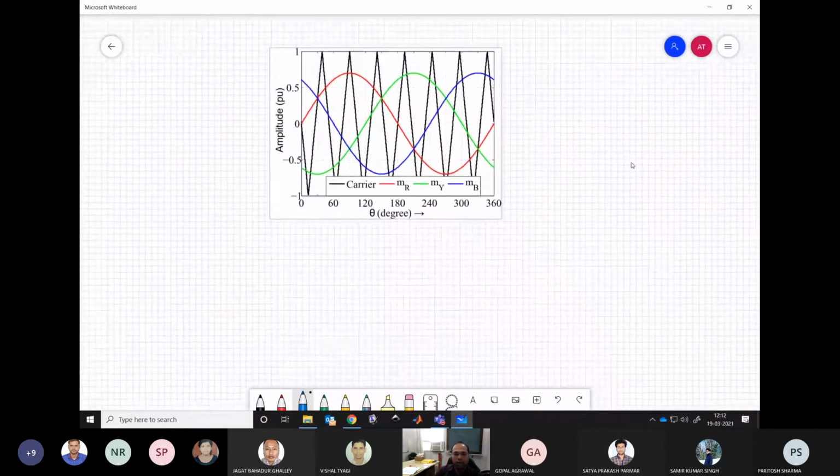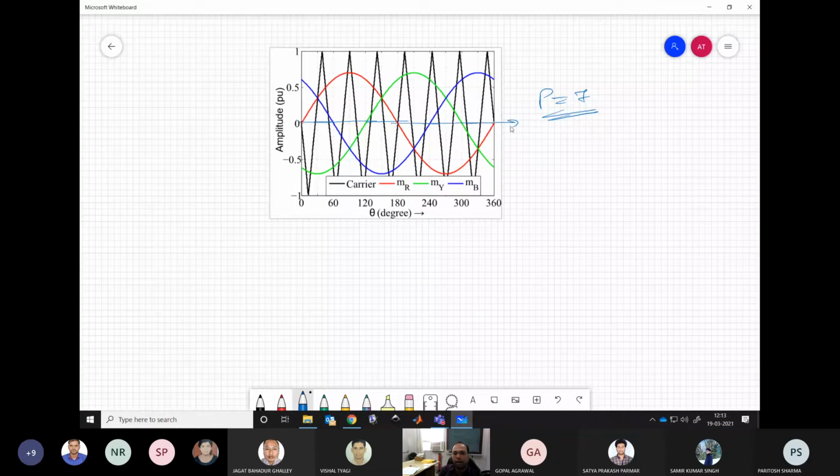But let us say you do not maintain the odd triplet number, let's say you take P equal to 7, then this is how it may look. Let's say you have made the carrier in line with the MR. So now zero crossing with MR is maintained because of course it's an odd integer. So for MR, two symmetries are maintained, full wave symmetry and half wave symmetry. But if you start seeing any other waveform, it's not cutting, the zero crossings are not matching. It may match by chance, but it's not matching anywhere. You see there is some gap. So this is where we lose something.